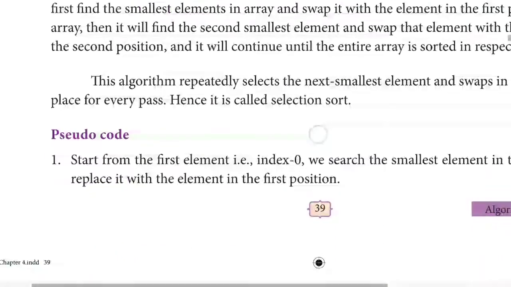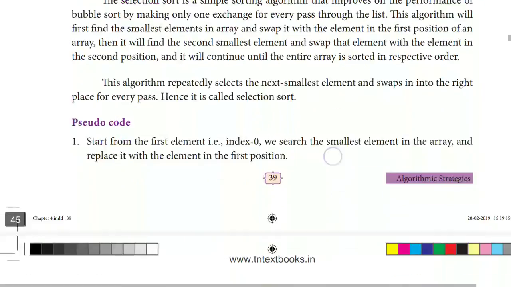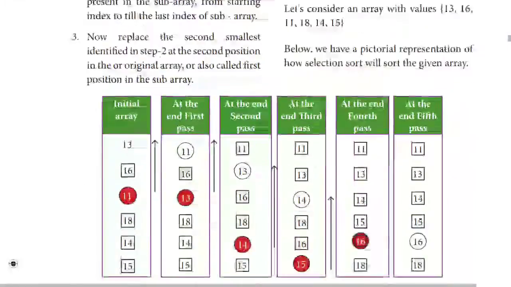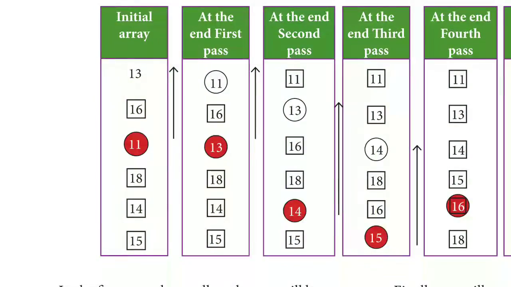Here also the same kind of sorting is done, but in a different way. Consider this is the list of array, the initial state of the array: 13, 16, 11, 18, 14 and 15. It will fix one position, say for example the first position. So this first position will have